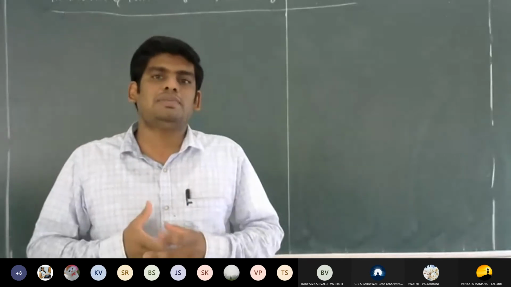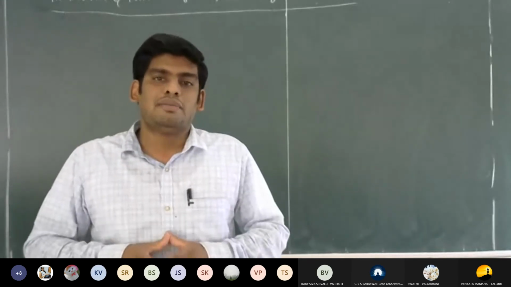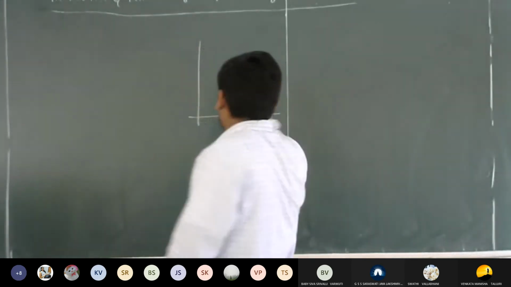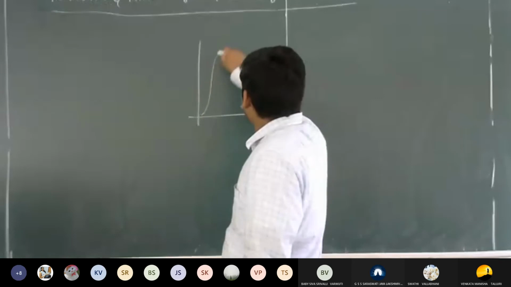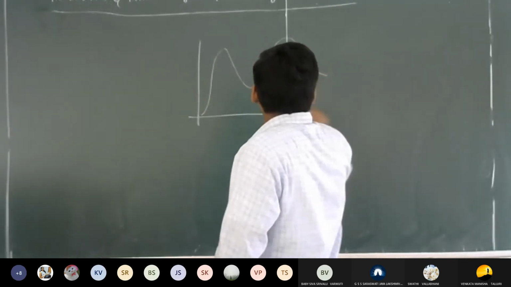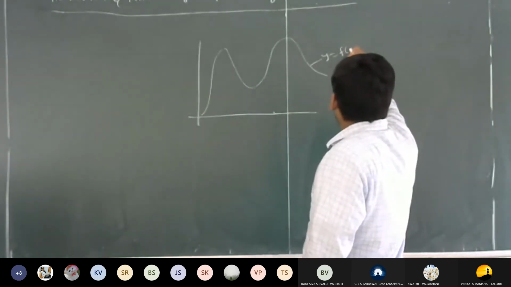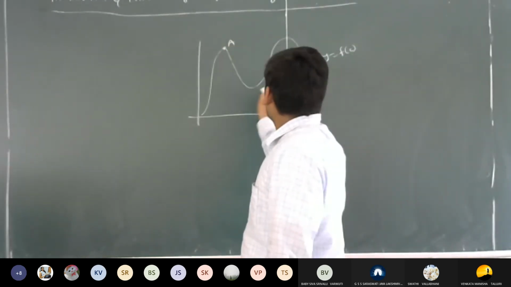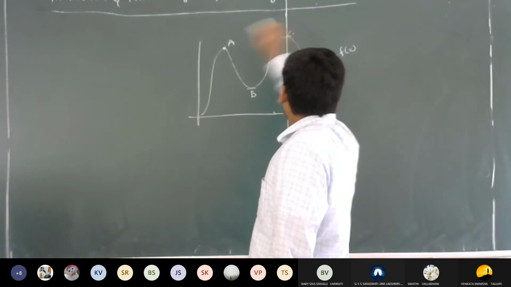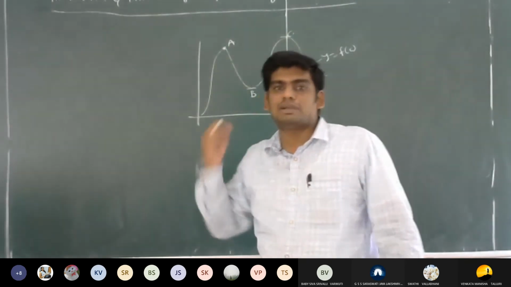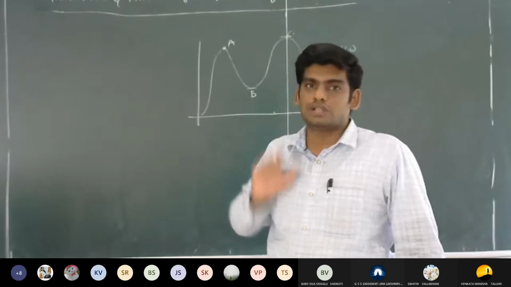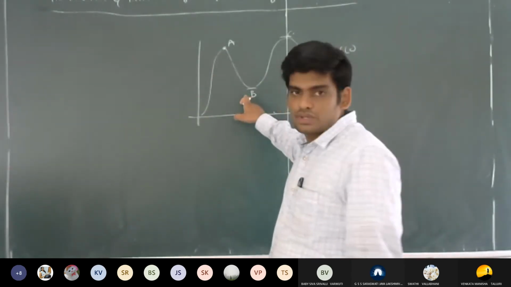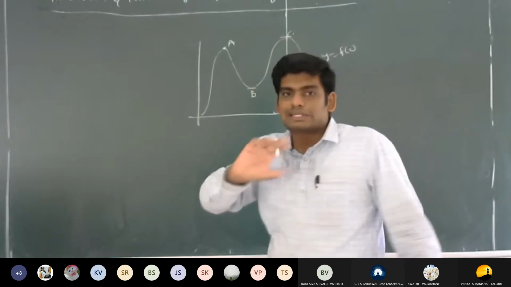In our intermediate level, you just studied the concept of maxima and minimum values. So let me draw a diagram to represent the maxima and minimum values. Suppose it is a curve y is equal to f of x. So this is the maximum point. So a, b, c are called turning points. From here it is increasing, then after that it is decreasing. So a, b, c are called turning points.